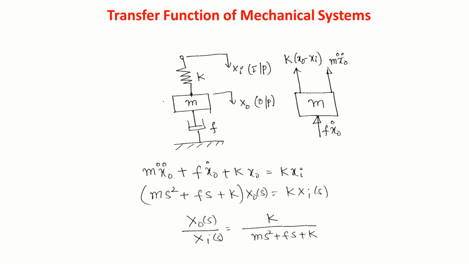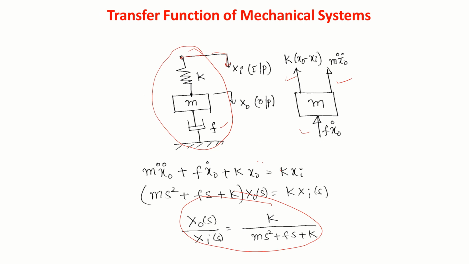Now something like this. Here I am giving displacement as input. Now if I write here, this mass inertia force should oppose this. I have written this: this is K times (x naught minus xi) for this side, right? And this is the damping force F x naught dot. Now if I write like this, I will get x naught as output and xi as input, just to model displacement in terms of displacement in place of forces.